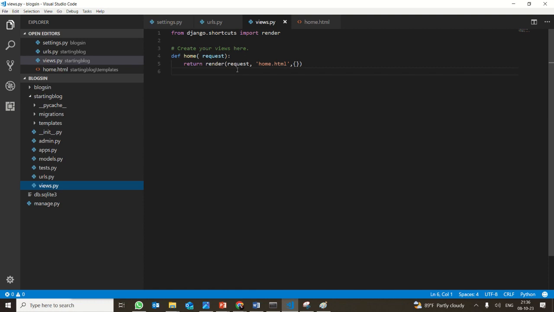So this render function will take the request and it will respond with what is there in the home.html, which is just a document that is passed. So we need to create this home.html. For creating all these HTML files, CSS files and all those beautification files, what you will do is